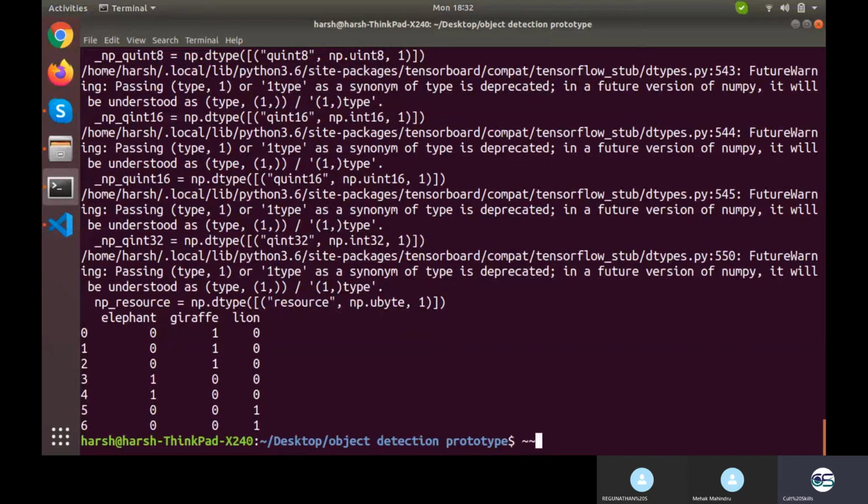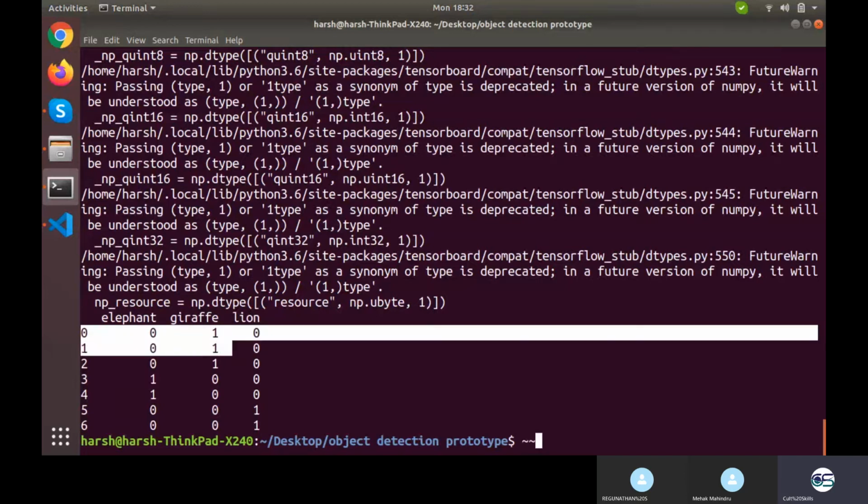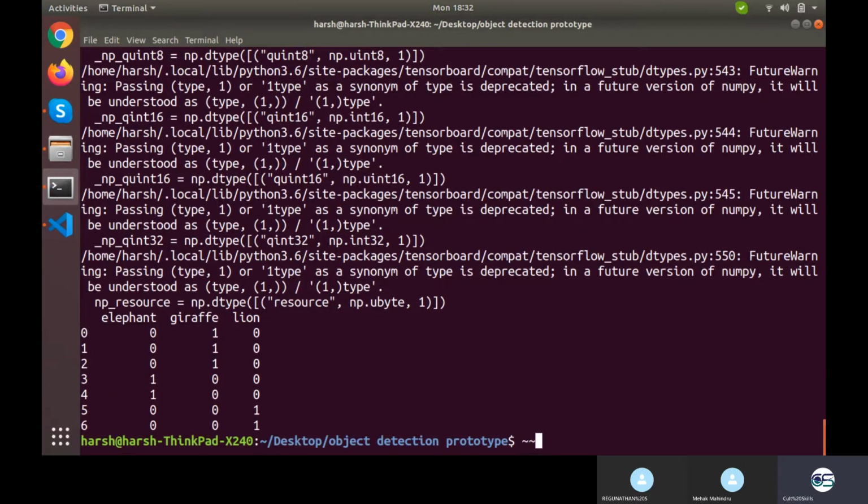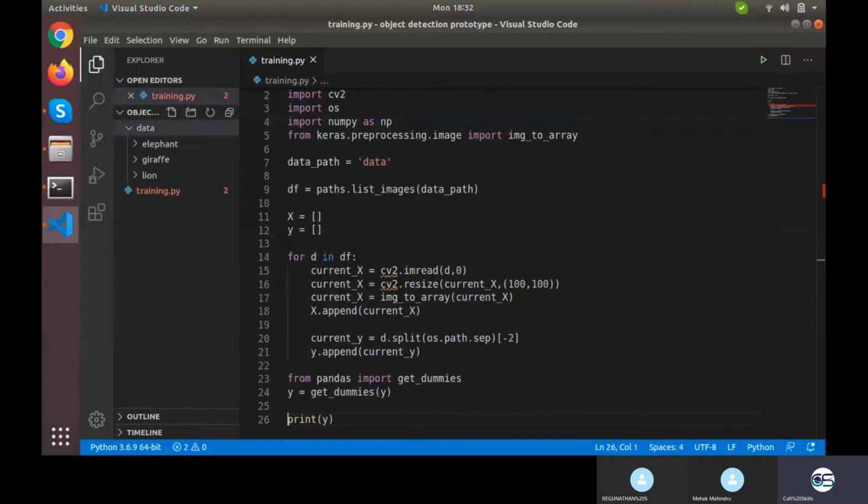And you can see it right here as well. So in the first 3 rows there was giraffe, giraffe and giraffe, then 2 elephant and then 2 lion. Rest of them were 0. So for the first, second, third row, giraffe was active, rest of them were 0. For fourth and fifth, 1 and 1 for elephant, rest of them 0. And then for last, lion was active, rest of them 0. Is this clear now? Yeah. Sure. So this is what I did. So no more printing. Now we are ready with x and y.